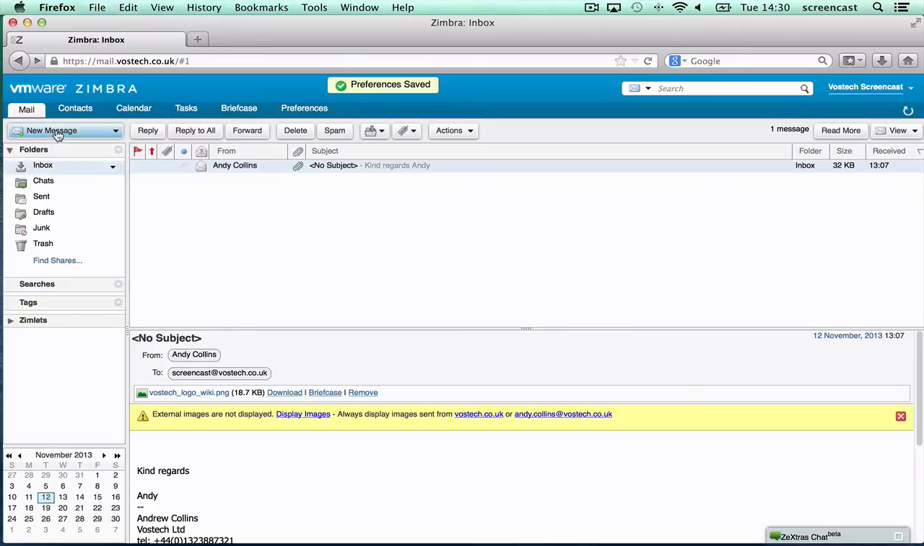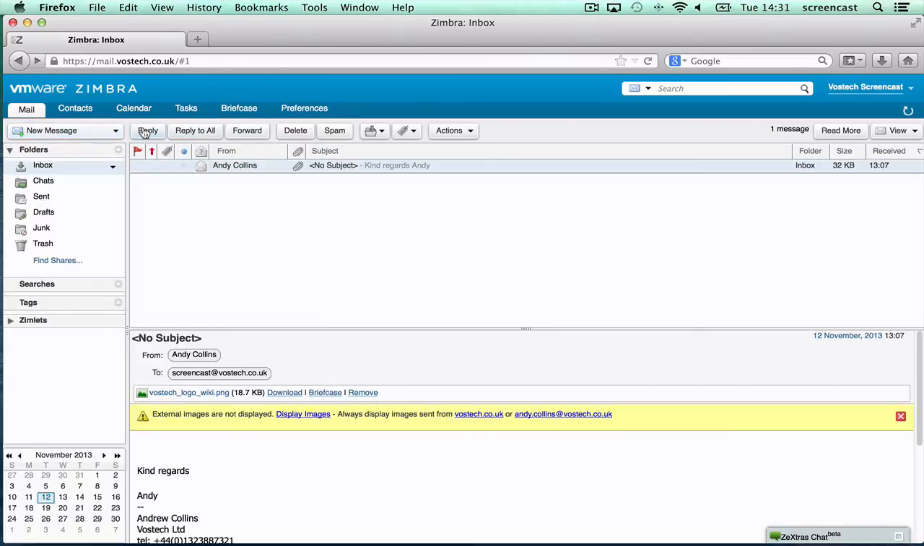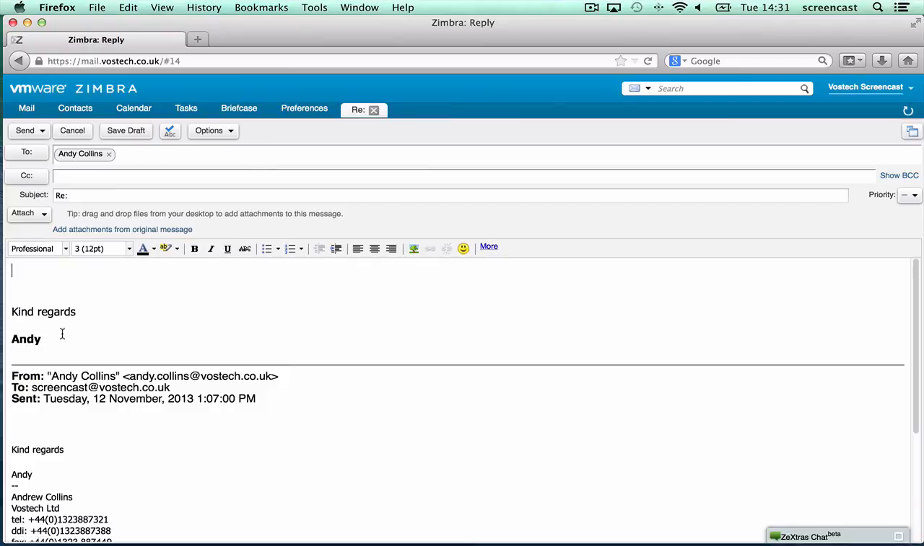Now when we create a new message, you can see the new signature that we've created with our new bold text and the image. And also if we just cancel that a second and go to reply to a previous mail, you'll also notice there that we've just got our reply signature